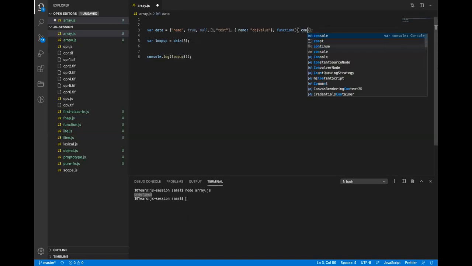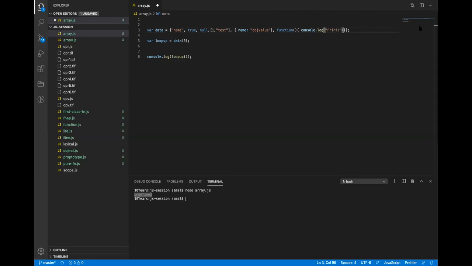So let me just put a console log here. Now if I run this, it prints the value. Let me just call it directly. It prints the value, right?